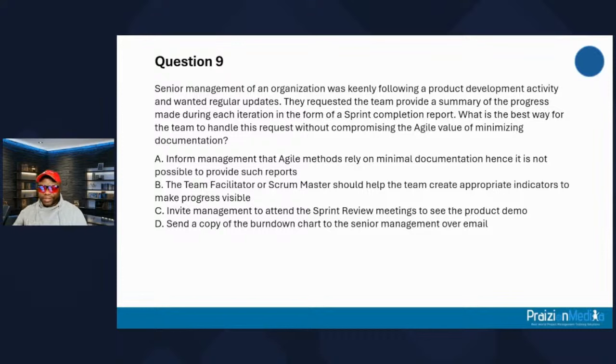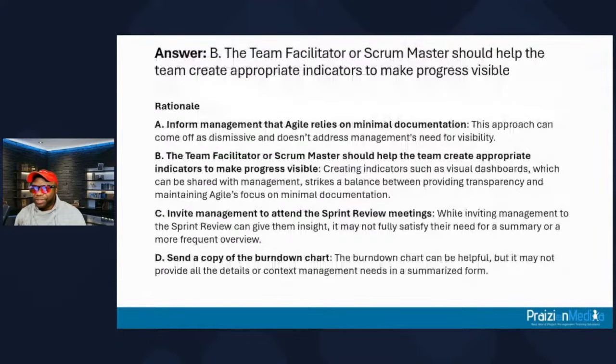All right, my friends, let's take a look at what answer is best. The best answer for this is for the team facilitator or scrum master to help create appropriate indicators. Creating indicators like visual dashboards, which can be shared with management, strikes a balance between providing transparency and maintaining Agile's focus on minimal documentation. Telling management I can't help you. That's not agile. It comes across as dismissive, could get you into more trouble, actually, and